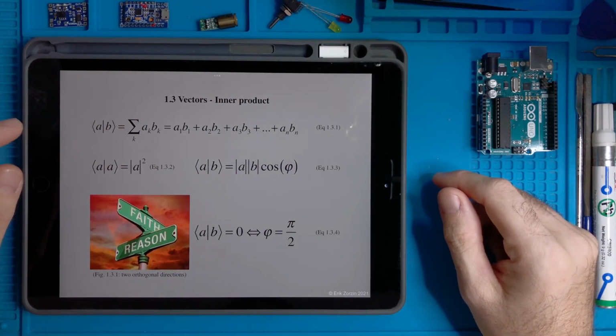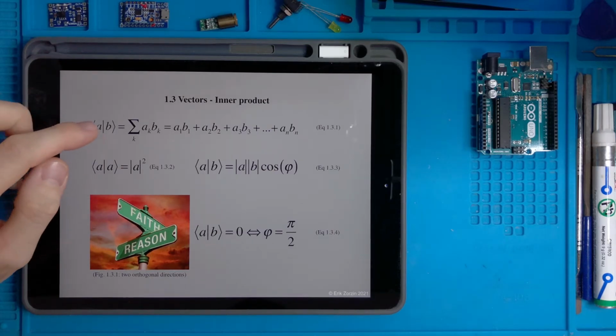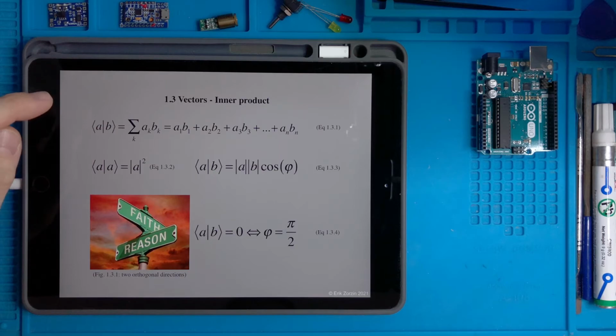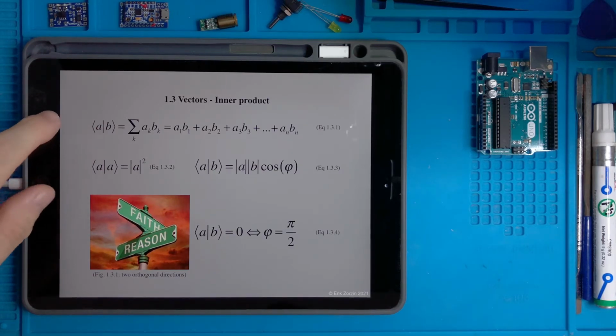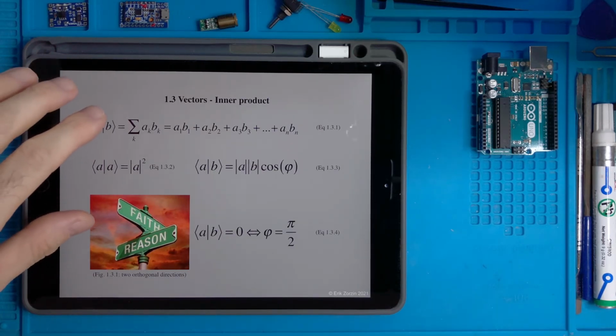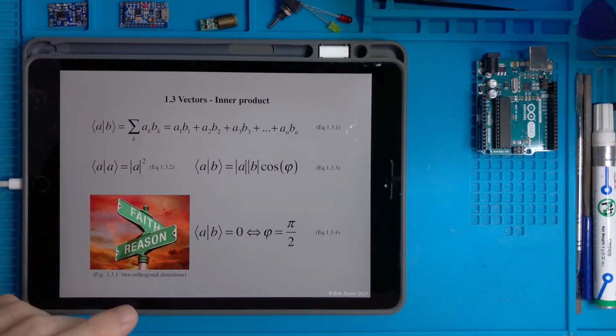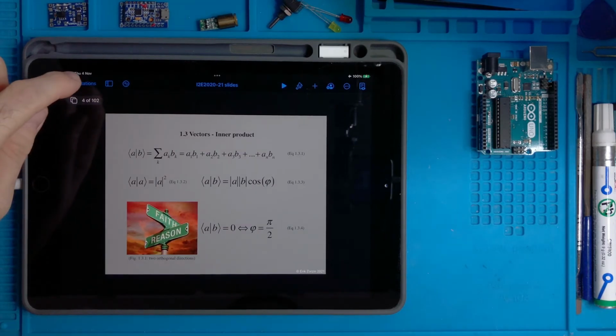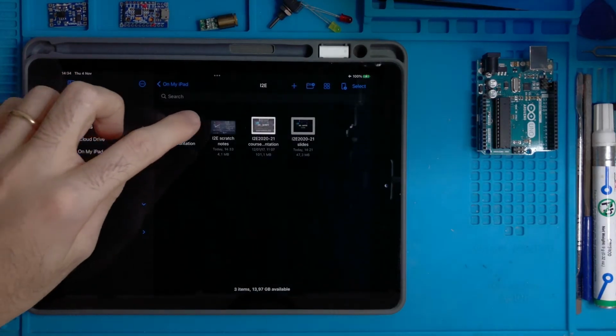So now we want to give an example of this operation, the inner product. So again, we do this in the easiest case, so in 2 dimensions. So I go back here.